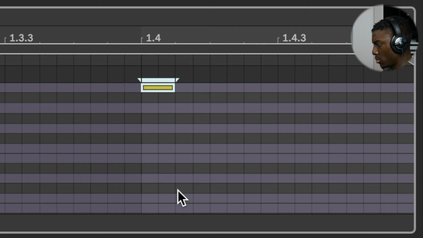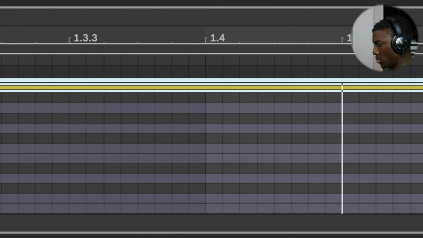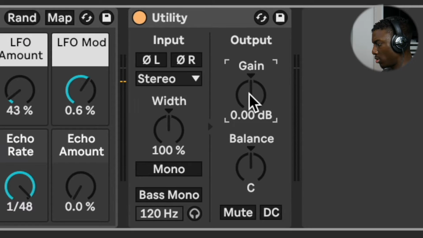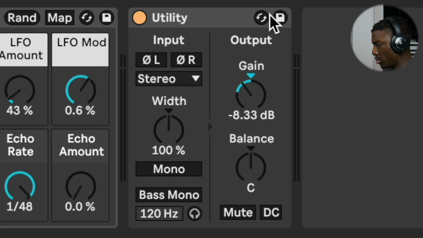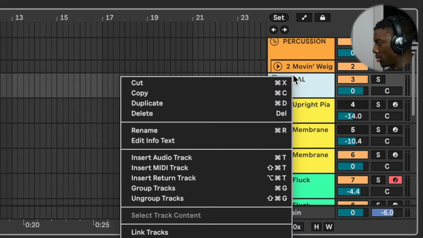We could just use that as an effect. And then I'm just gonna add more volume automation on it. We'll put it at 100, put it at 0. But sound searching is just the longest part of production. This is why I try and do as much as I can. I try and set time aside to organize sounds and stuff because it just takes forever to find what you